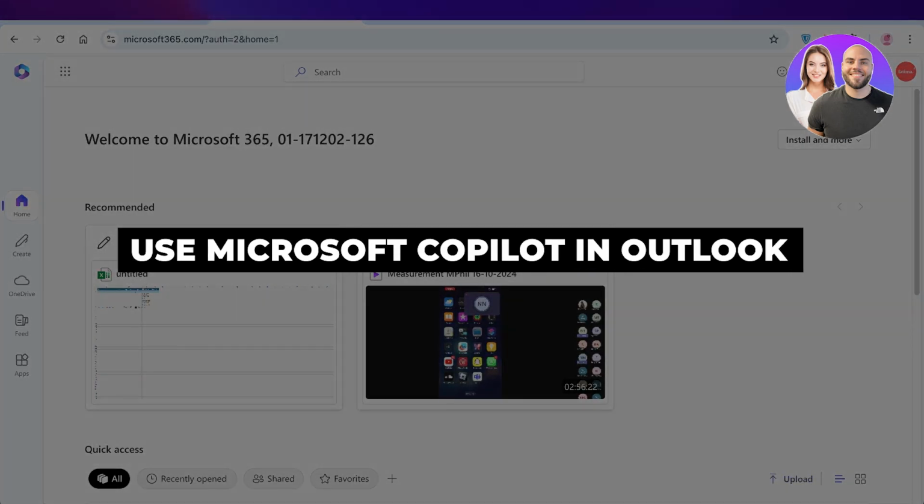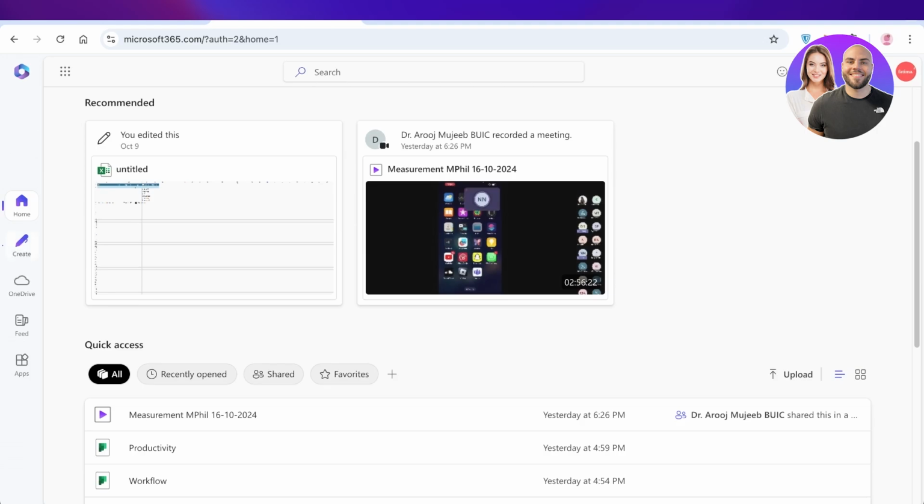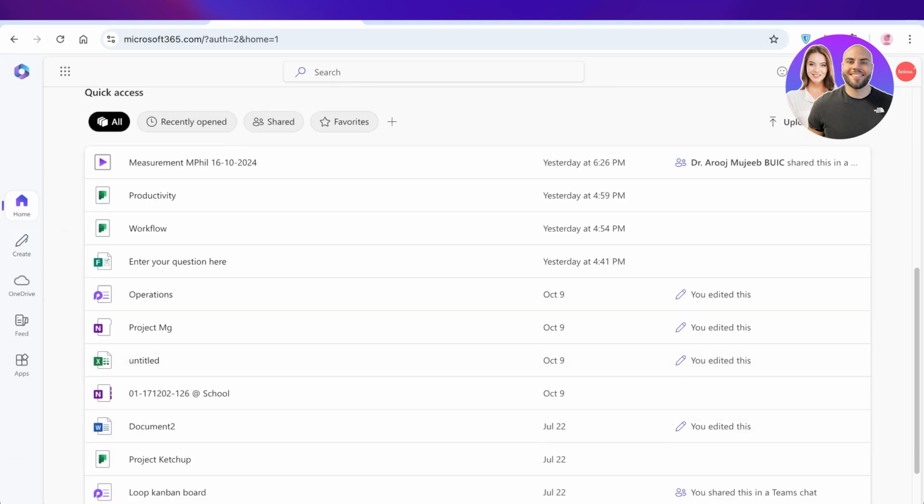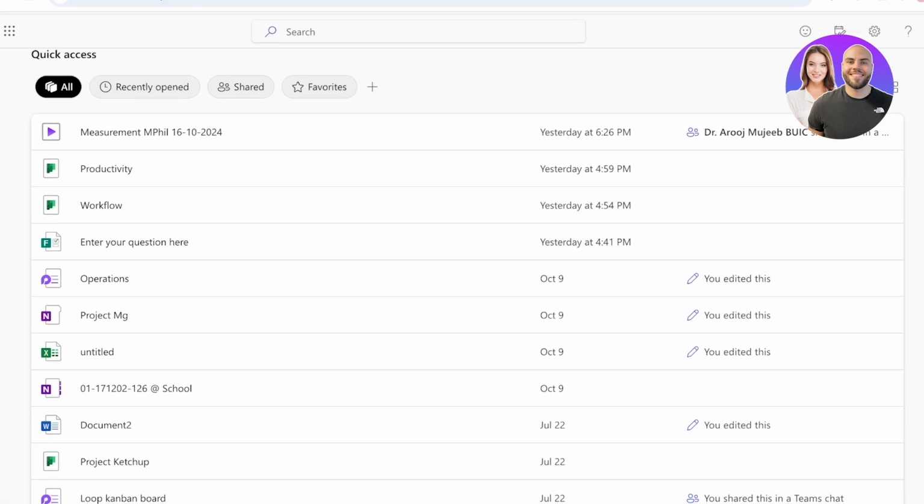How to use Microsoft Copilot in Outlook. Hello everyone and welcome back. In today's video, I'll be showing you guys how you can get started with using Outlook and using the Copilot